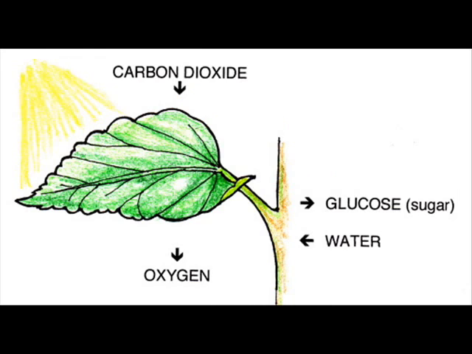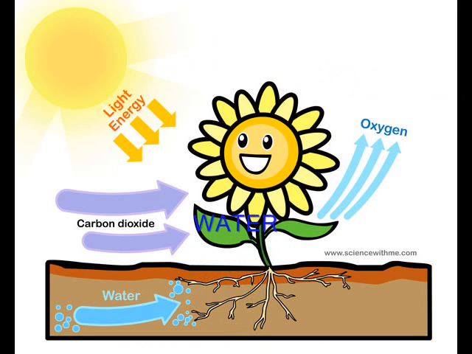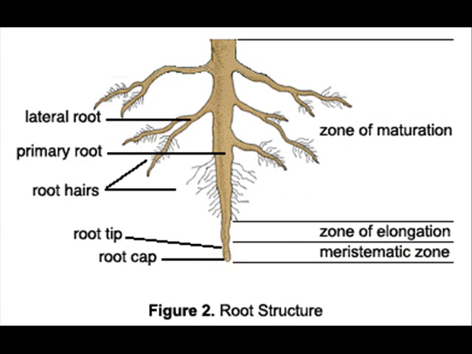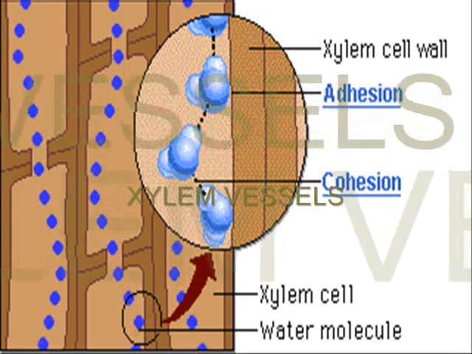Instead of taking in oxygen and breathing out carbon dioxide like animals do, plants take in carbon dioxide from the atmosphere. Carbon dioxide is obtained from the atmosphere by the plants through tiny opening structures known as the stomata. Plants absorb water and nutrients dissolved in the soil from the ground up through the roots. This is possible through the root system and its network of conducting cells called xylem vessels.